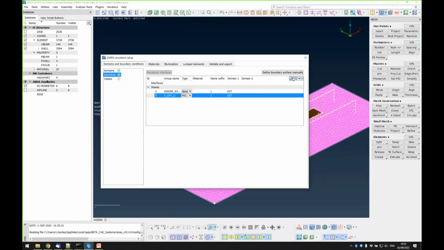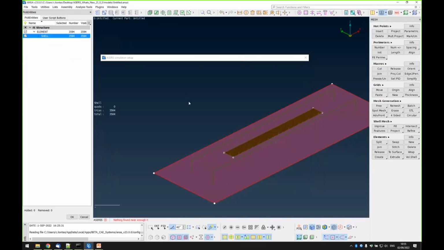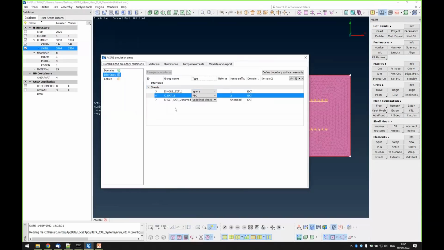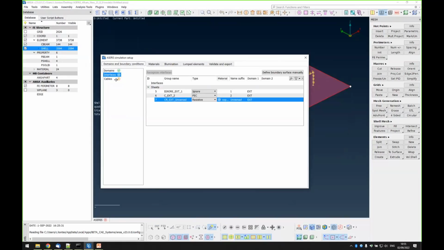And let's also add another definition. Let's say that I want a part of it to be perfect and a part of it imperfect. Let's use, for example, this part I want to be imperfect. Okay, let's say this is resistive, so I define it as resistive. Now that all materials have been defined, we have a full definition of interfaces. And we can go to the cables.